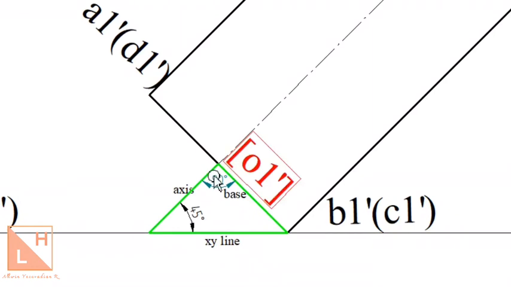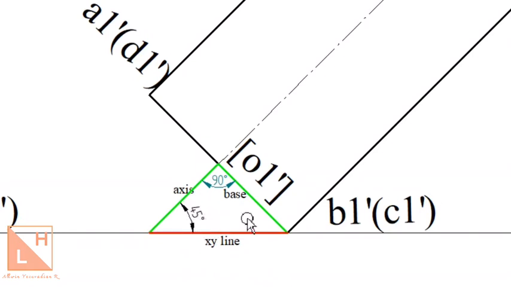So one thing is known, the axis is making an angle of 90 degrees with respect to the base within this particular triangle, which is going to be formed after we draw it, right? So if we know that this is a 90-degree angle and the angle given with respect to axis from the question is 45 degrees, the remaining angle here with respect to base and XY line should be 90 minus the angle that is given in the problem, because the sum of all interior angles will be 180 degrees. One angle is known as 90 degrees, so the sum of the remaining two angles should be 90 degrees itself.